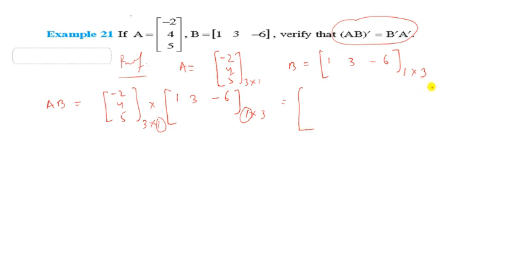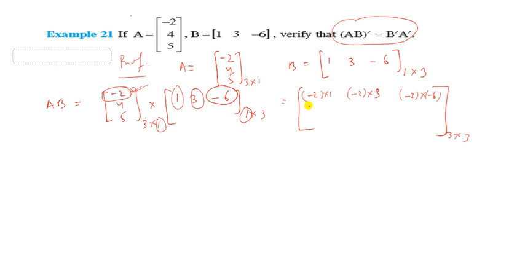So here multiplication is possible since this is equal to this. Now you write the resultant. Your resultant will be first and last, which will be 3 cross 3. So first and last means there will be total 9 elements here. This is the first row and the first column. Here first row is minus 2 and first column is 1. So this will be only written minus 2 multiplied by 1. This is the first row into second column. Your first row element is minus 2 and second column element is 3. So minus 2 multiplied by 3. This is the element of first row and third column. First row element is minus 2 and third column element is minus 6. So it will be minus 2 multiplied by minus 6.